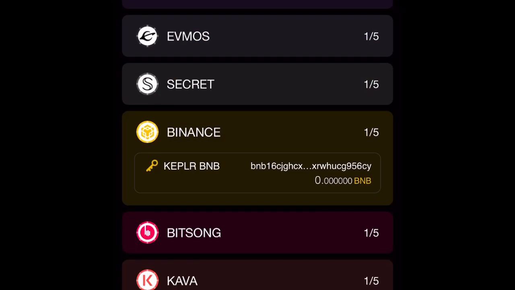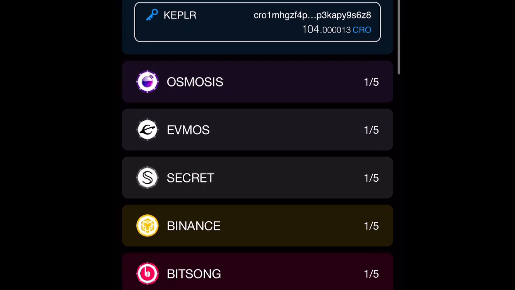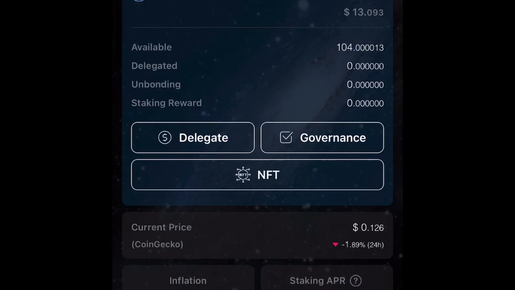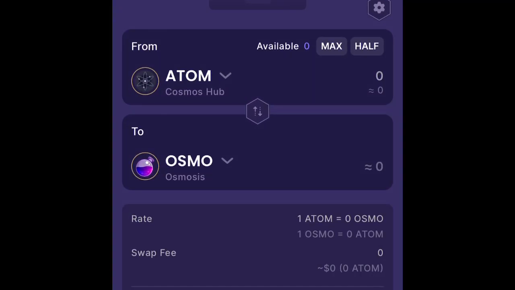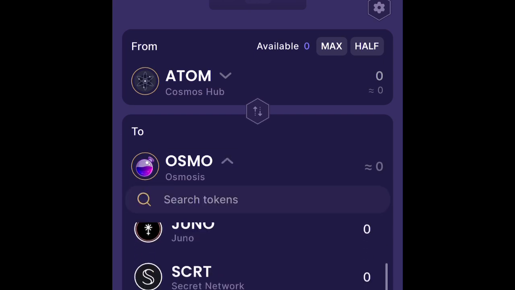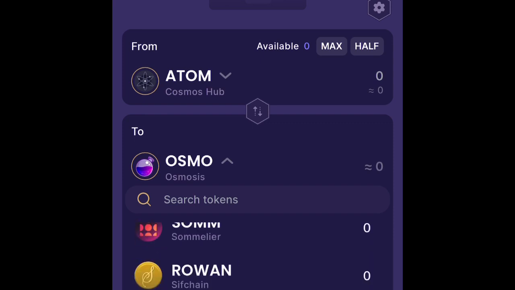So you have to send the BEP20 version, not the BEP, whatever difference is between the old and the new contract address. Any of these tokens that you have a balance of, when you do this small procedure I'm about to show you guys, it'll show up in Osmosis Swap. And when it shows up in Osmosis Swap, you could swap it with any one of these tokens for free. So you could swap, and it's free.